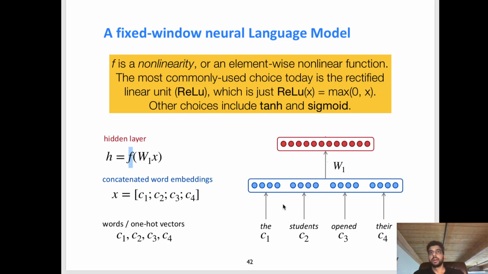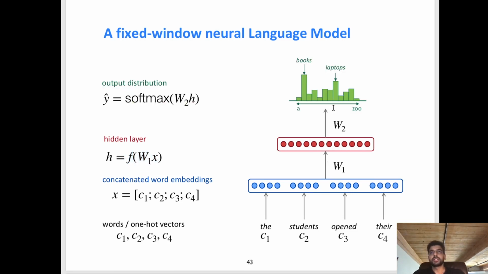Okay, so we took our concatenated representation, we projected it into this hidden space using a linear layer followed by a nonlinearity. The final step is what we just saw before. We apply a softmax layer, right? So it's a softmax function followed by this matrix vector product with the vector h, where h is the output of the hidden layer computation.